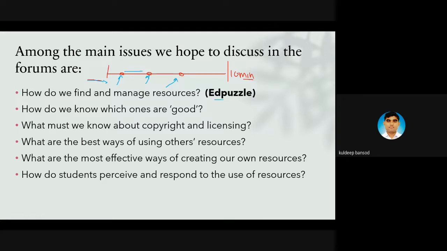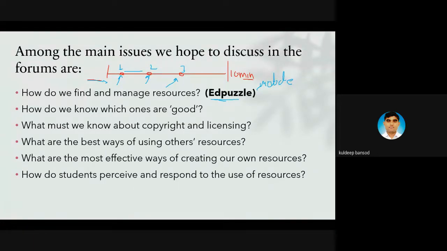Ready videos with questions are available at Edpuzzle. You visit Edpuzzle and you can use it. You can register your students on Edpuzzle, where the grades are recorded as your students solve the questions. This question is for 1 mark, this for 2 marks, this for 3 marks. Then this marking is directly recorded on Edpuzzle. Edpuzzle can be synchronized with Moodle. We are able to synchronize Edpuzzle with Moodle.